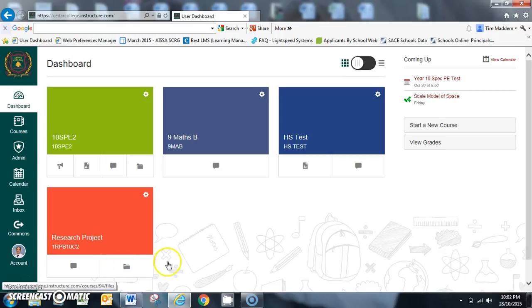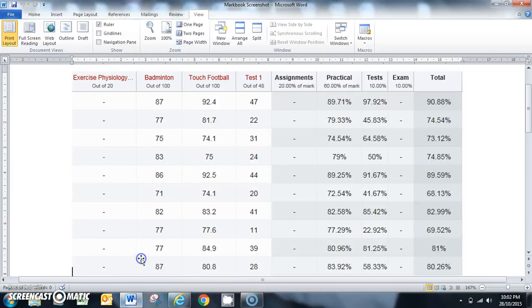You might recall an email from me earlier today saying that I had been working on this a little bit within my Year 10 PE class, and I've just got a screenshot here of my Markbook as it exists at the moment. You might ask, well, why have you got a screenshot of it and why aren't you showing us